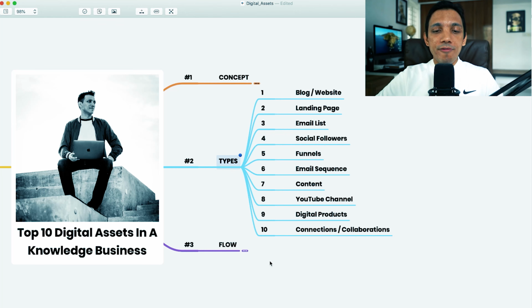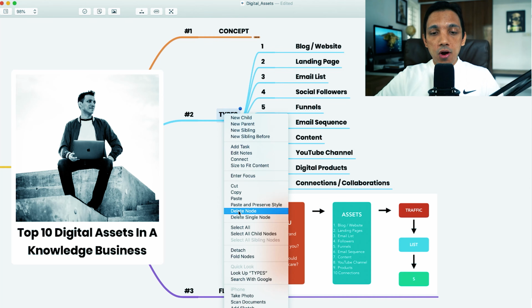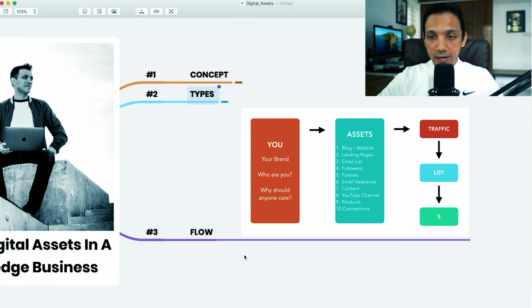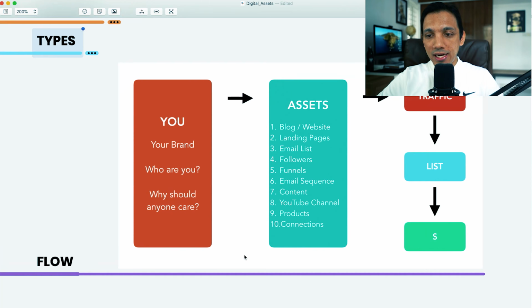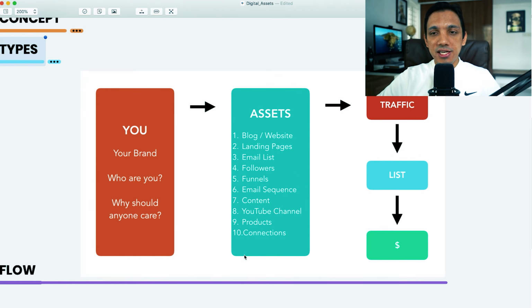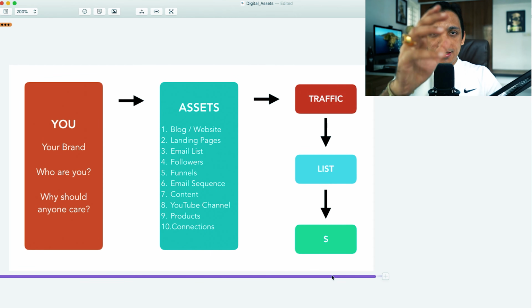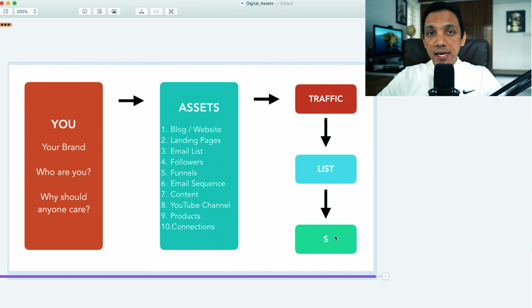And now I'm going to give you a very simple flow on how you connect all the dots. Okay. Now look, let's go in reverse order. Let's reverse engineer this. Okay. So you'll understand this on a much more deeper level. Now, what is the goal? You want to make more money. The purpose of you creating digital assets is to create more income and to create more freedom for yourself. Okay. And to create more impact. So let's say money is the goal.